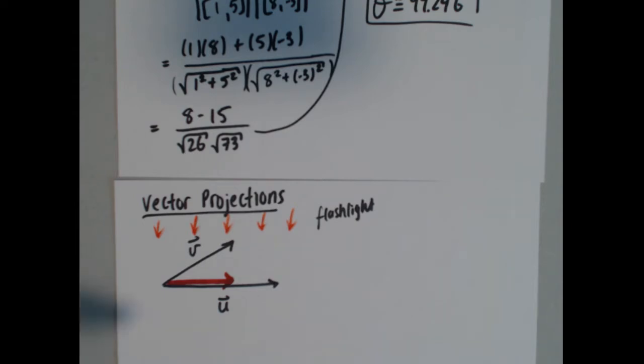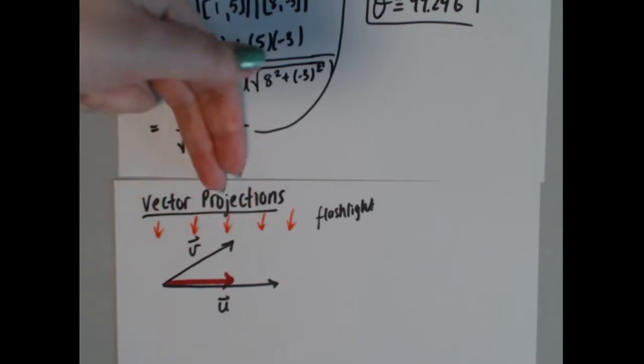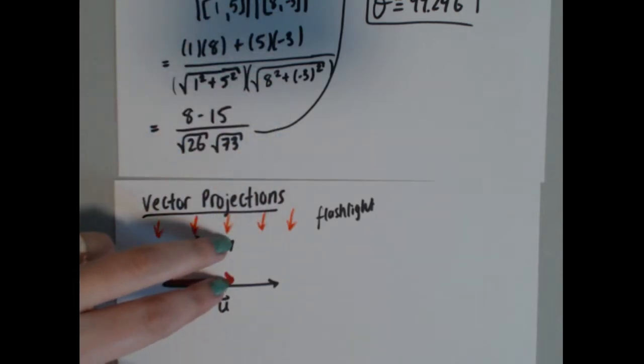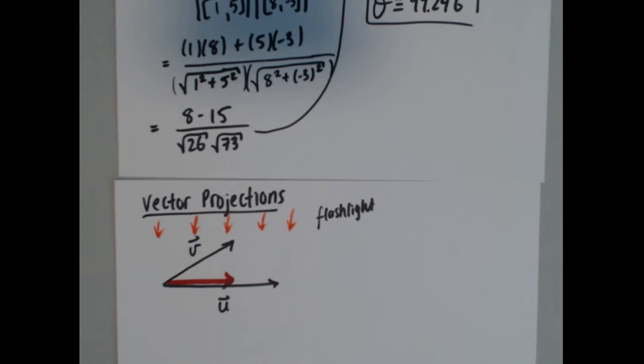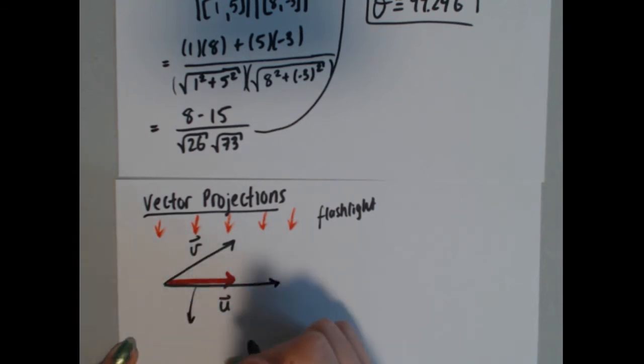Hopefully that makes sense. If the light is coming down at a 90-degree angle, that means the shadow cannot exceed the length here. So hopefully that makes sense. So what we'll say is that this red arrow, this is the vector component